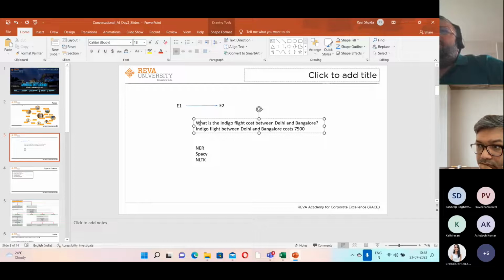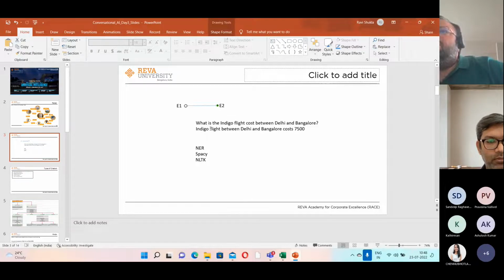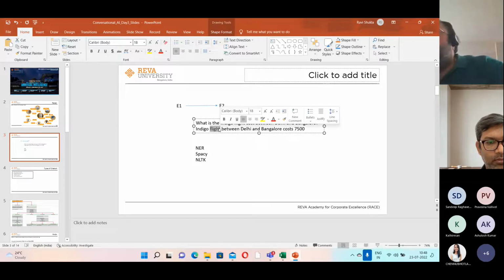Once you've extracted the entities and your graph is in place, from the question you will extract the entities and find the set of nodes matching the question. Then you will read out what the node is trying to say. If you find two nodes, Delhi and Bangalore, and a node which says flight, your code should conclude that this relationship-entity pair is answering the question. Let's just print it out: Delhi Bangalore flight cost is 7,500. That's what you will print out.